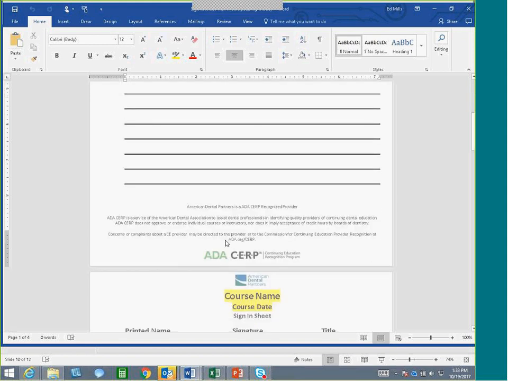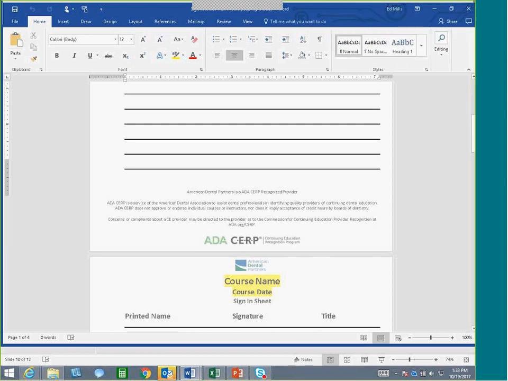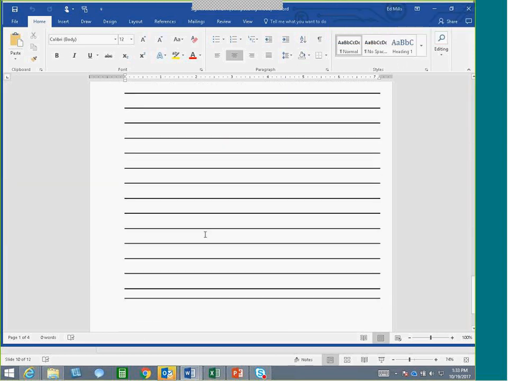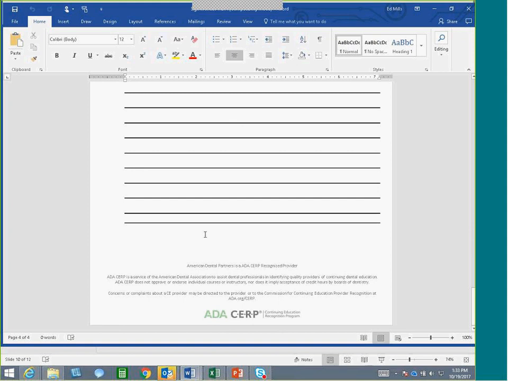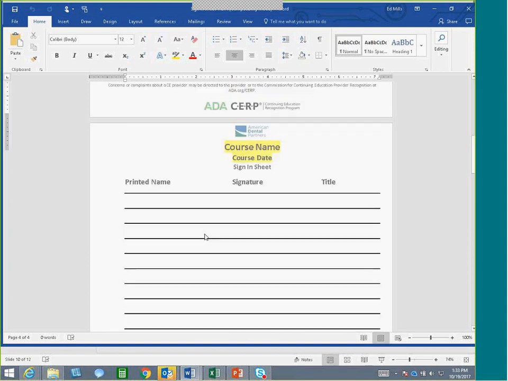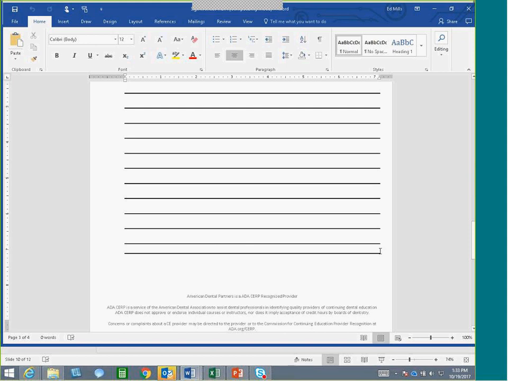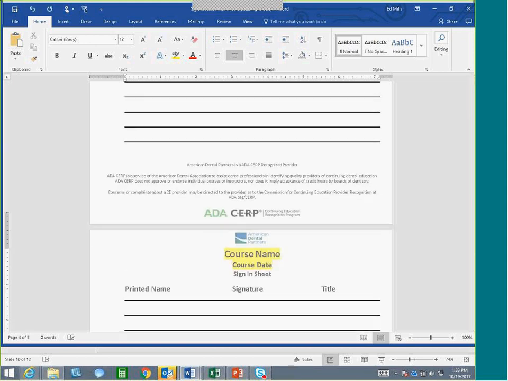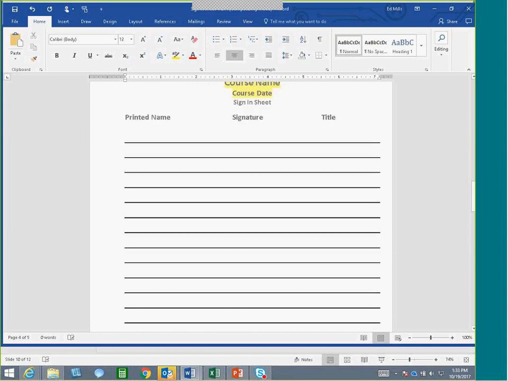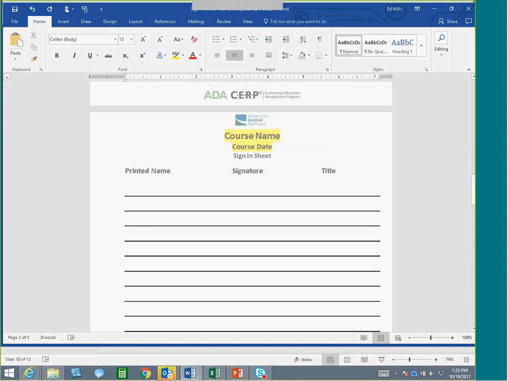At the bottom, it's got more required language by the ADA, so this is an area you don't have to edit. It's multiple pages, so it's got spots for a number of people to sign in. If need be, just hit a button here and go on to another page.